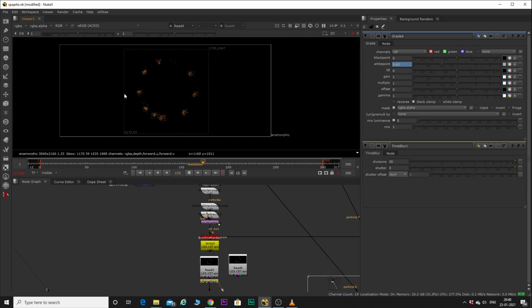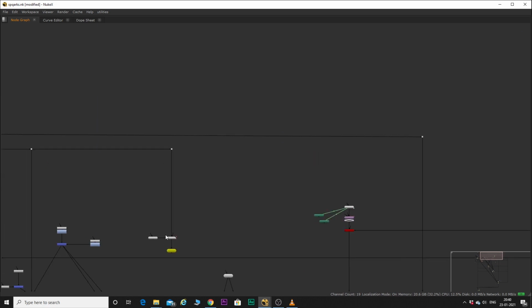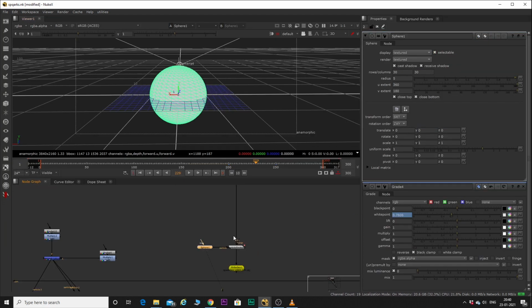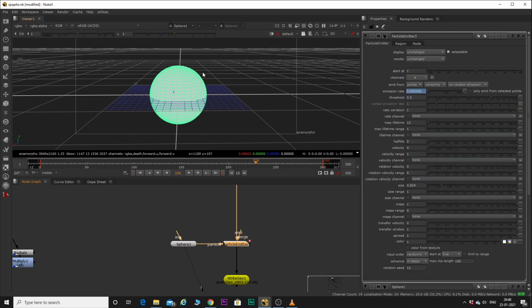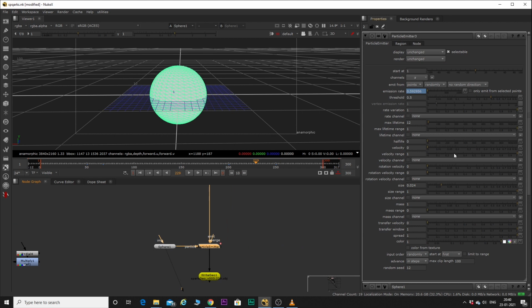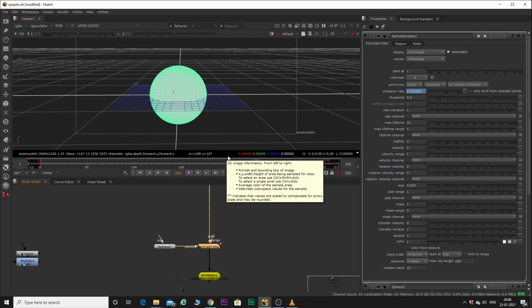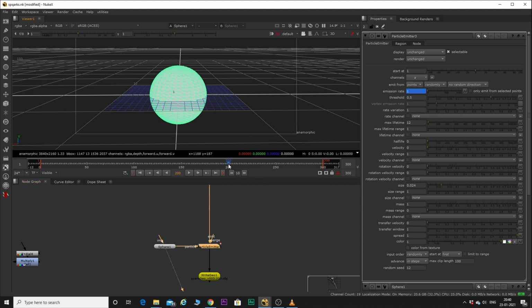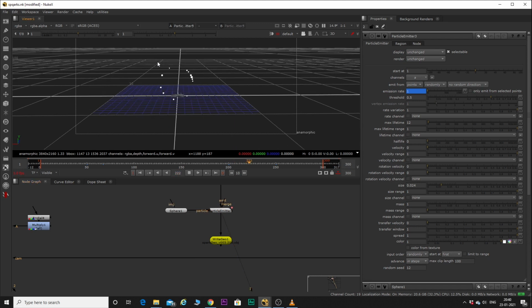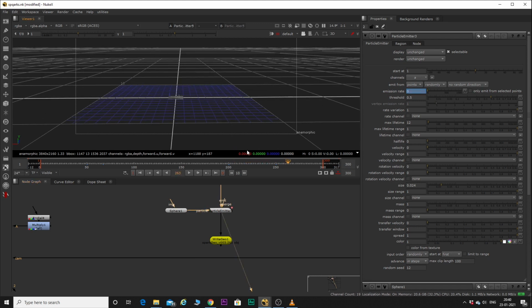So the next thing is, yeah, these are small little particles that are emitting around the circumference. To create this effect, I've taken a particle emitter, I've taken a sphere, and I have emitted it around the edges of this geo. For that, I've added no velocity. I've emitted it from points, and the emission rate is slightly lesser, and it just keeps popping around the edges like that.